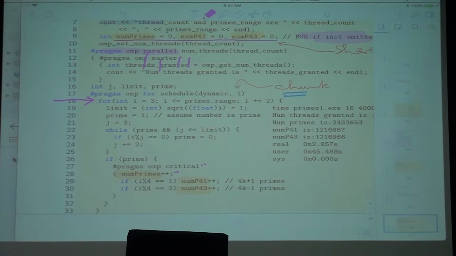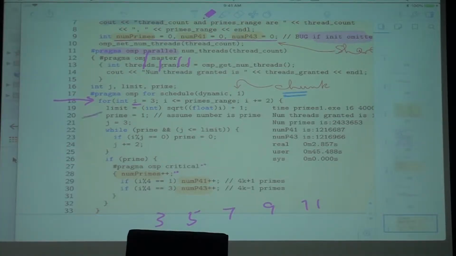So you can see that each thread is essentially trying to see whether 3 is a prime, 5 is a prime, 7 is a prime, 9 is a prime, 11 is a prime. That's what the threads are doing here. Each is trying to establish which is a prime number, which is not. So once that number is picked by a thread,